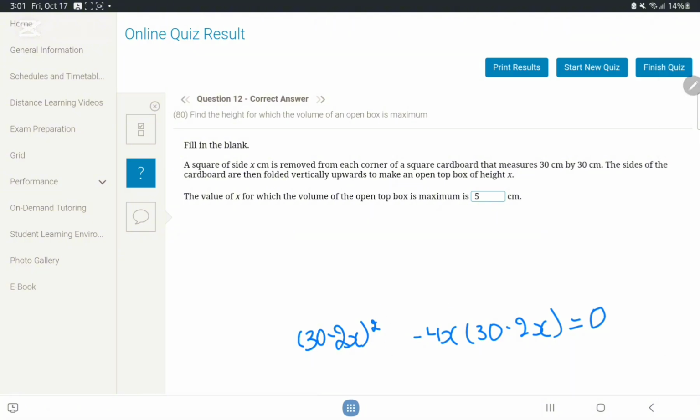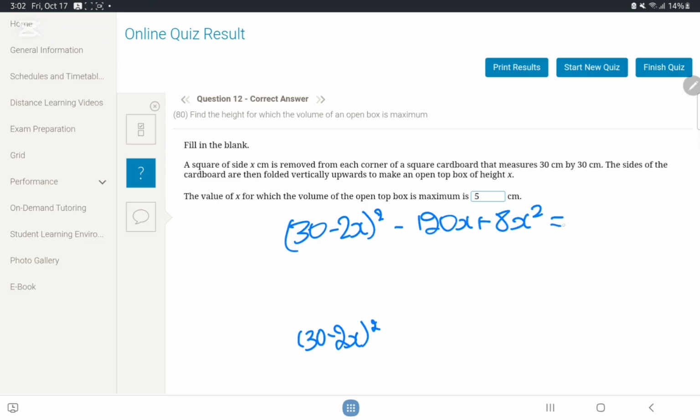So, 30 minus 2x squared minus 120x plus 8x squared, okay, equal to 0. Now you distribute this 900